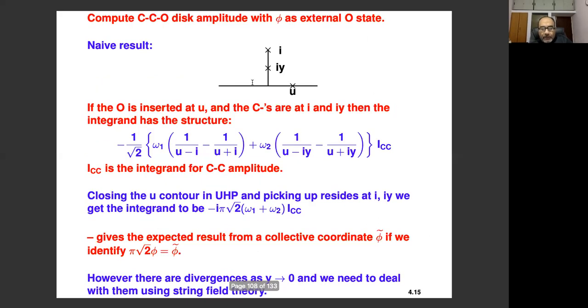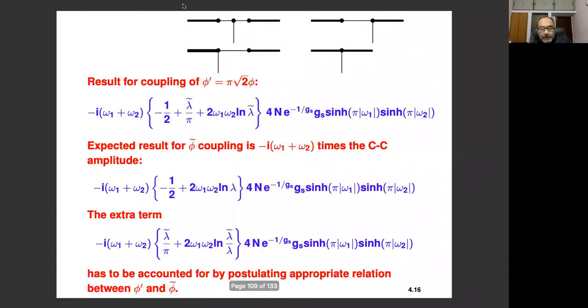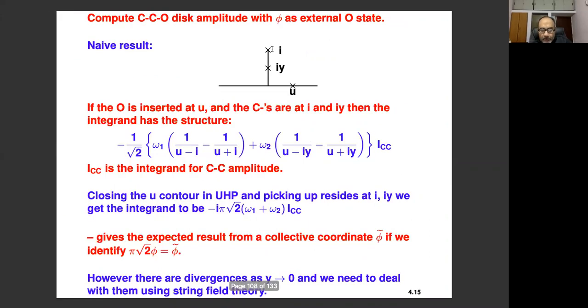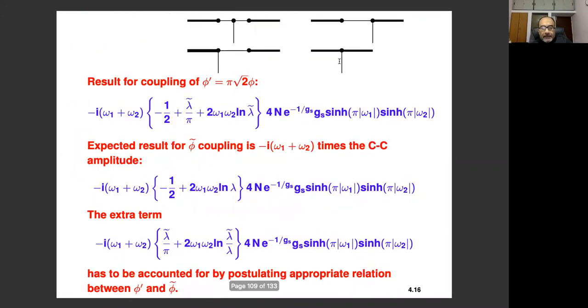So now we look at the CCO amplitude and ask what are the possible Feynman diagrams for the CCO amplitude. These are the Feynman diagrams that enter. And you recognize that all of these vertices, whatever vertices we need, we have already found. This, for example, is the closed open vertex. This is the 3 open string vertex. This is the closed open vertex. So all of these interaction vertices we have already found.